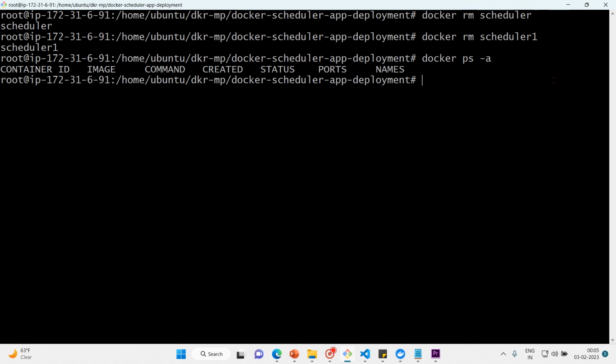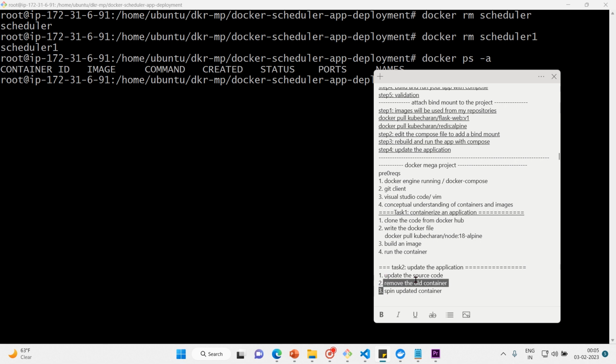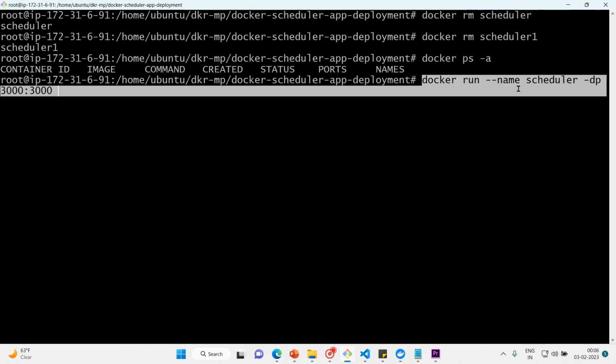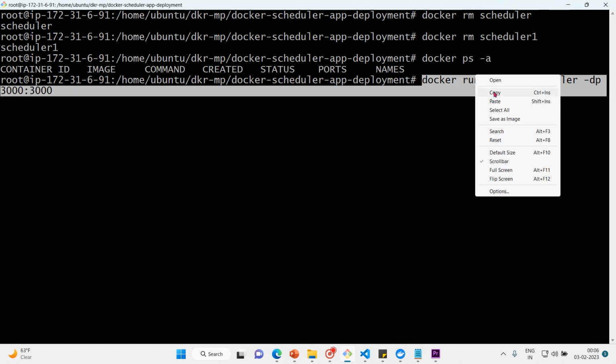Now it's time to start the updated app container. So let us go to the sticky note. The second step in task 2 also has been executed. Now it's time to spin up the updated container. So now we will say docker run. Name of the container I will give just scheduler, no issue at all. Detached mode and port mapping 3000 of host to 3000 of container. Then the name of the image, just a minute. Let me just copy this,